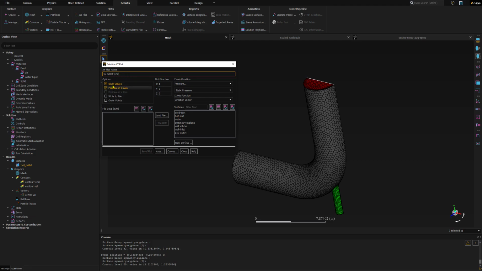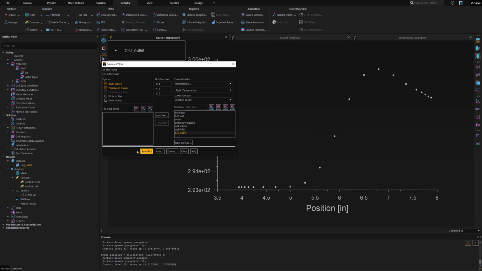I will keep this default setting, and the plot direction is in the X direction. It means that it is in this direction alongside this line. And then for the y-axis function, I will select the temperature, static temperature, and under the surfaces, I will select this line, z equals 0 outlet, and then I will press on the